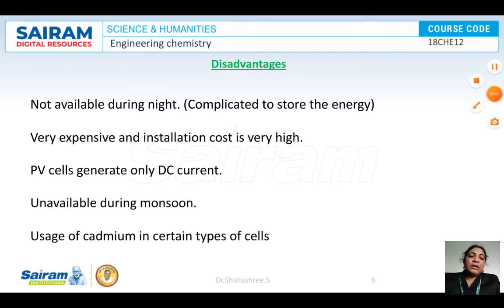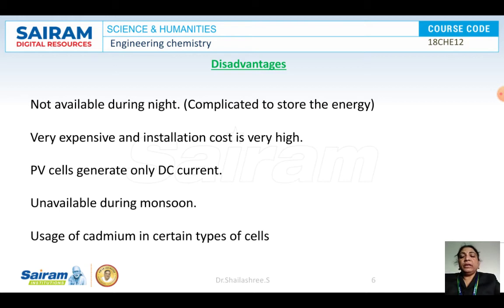Coming to the importance of the solar cells, they are used everywhere in all the industries, starting from institutions. Commonly in street lights, and in schools and institutions for lighting purposes, for electricity, for using computers and loudspeakers in schools. In hospitals it can be used for cooling as well as heating purposes. In industries it is used for heating purposes. It is even used in missiles. These are all about the importance of the PV cells.